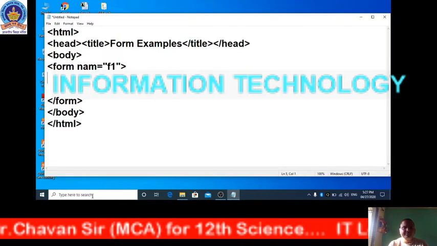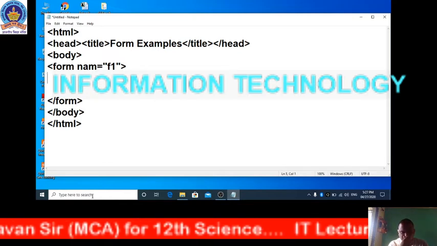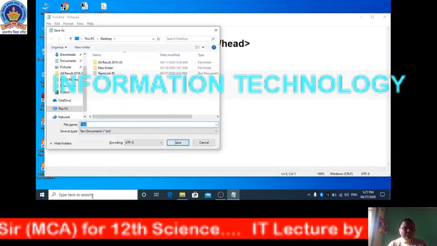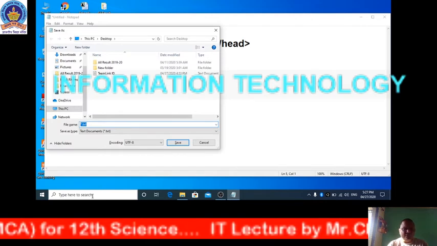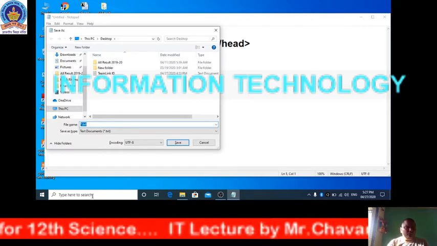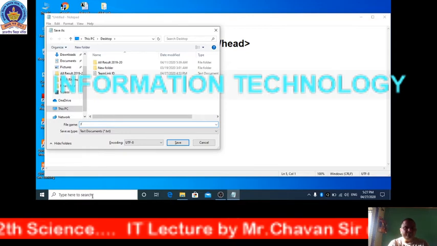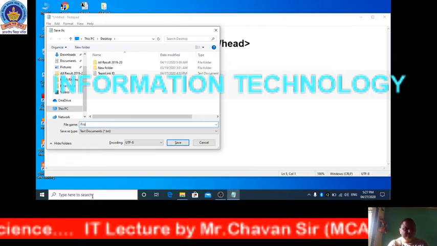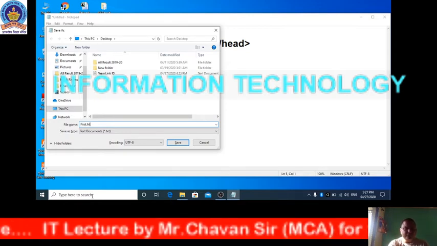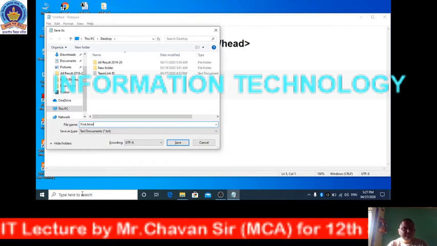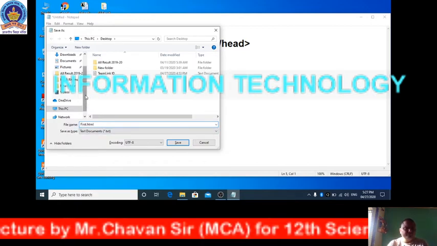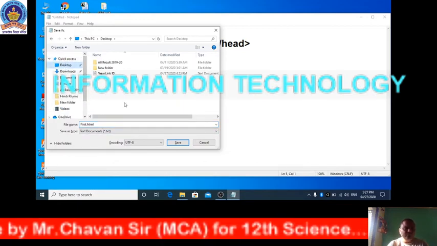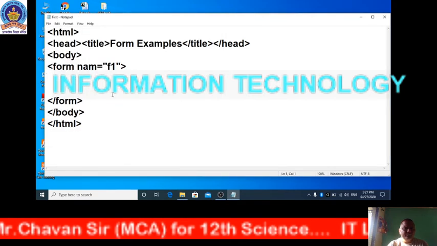Firstly I will save this program by using the Ctrl+S shortcut key. Type the file name, suppose first.html. Select the location and save this file.